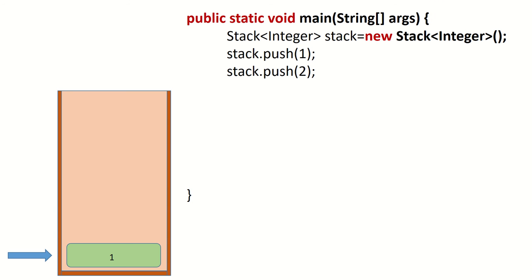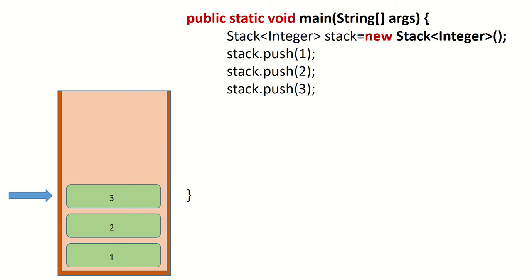Let's call push again. This push method will push 2 in stack, and now since 2 is the newly added element, the latest element, or you can say 2 is the last inserted element, the top pointer will point to 2. Let's call push again. This will push 3 in stack. The top pointer will point to the newly added element 3. Let's call push again. This will push one more element and the top pointer as always will point to the latest element in stack.